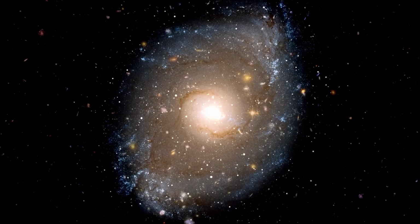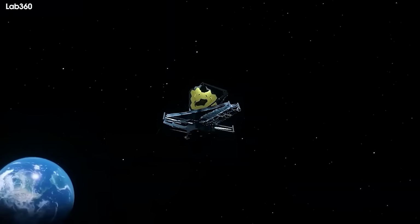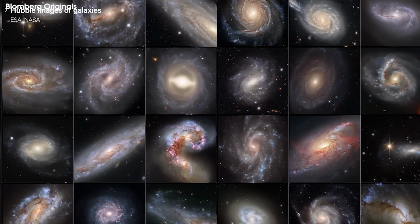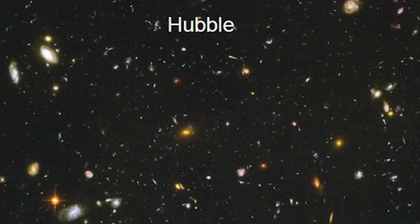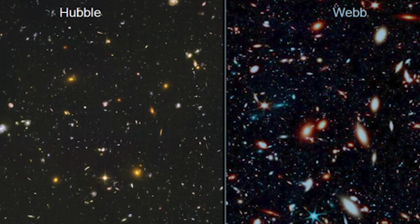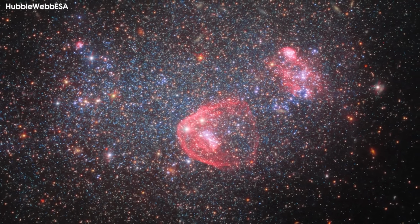This improved efficiency extends to all observations taken with James Webb and should enable faster, better science than Hubble could ever achieve. In other words, James Webb gave us the proof we needed. Not only can James Webb find the objects that appeared blank to Hubble's eyes, in many cases it can resolve them and examine their properties, whereas Hubble could not even see them at all. This helps us achieve one of James Webb's main science goals, to teach us in the goriest details possible how the universe around us grew up and came to be the way it is